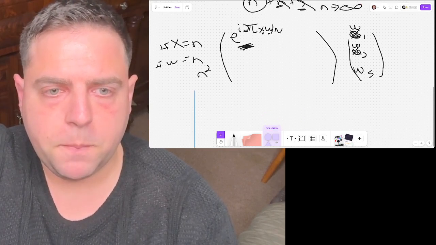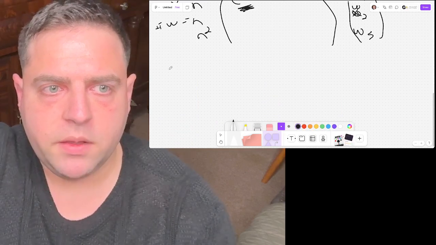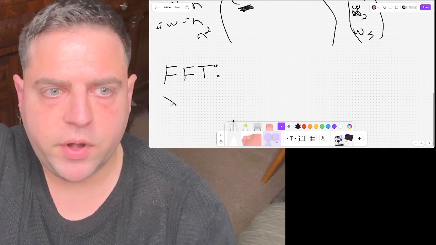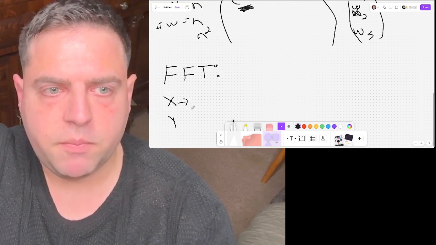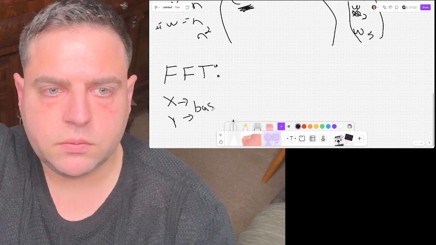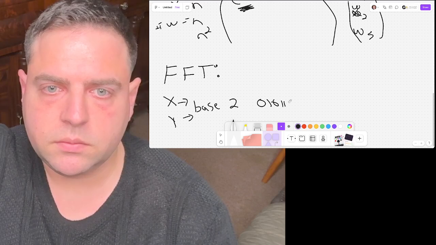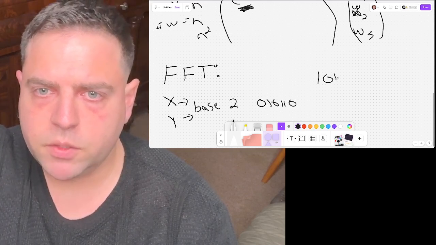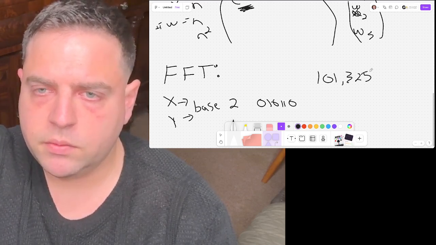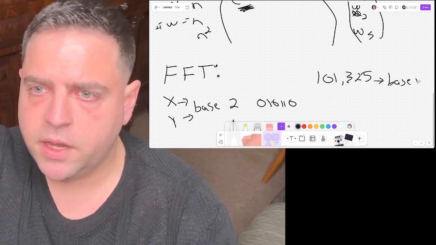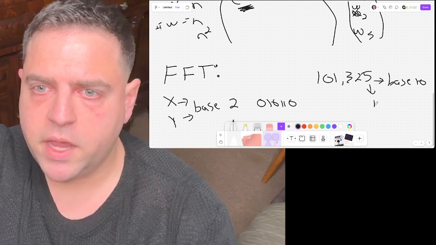Let's speed up a bit. We can actually speed it up within the realm of classical computation with what's known as a fast Fourier transform. In a fast Fourier transform, the first step is switching to base 2, also known as binary. When you express an integer ordinarily, or any kind of number at all, tacitly you're saying it's in base 10